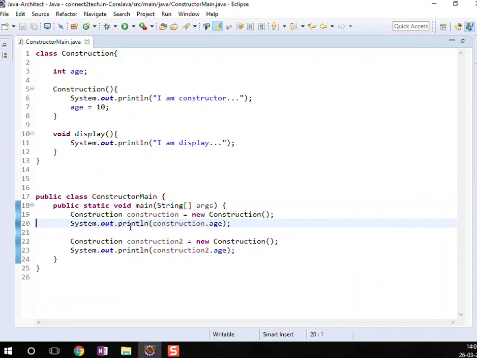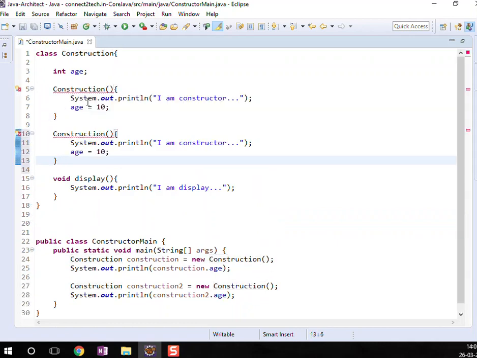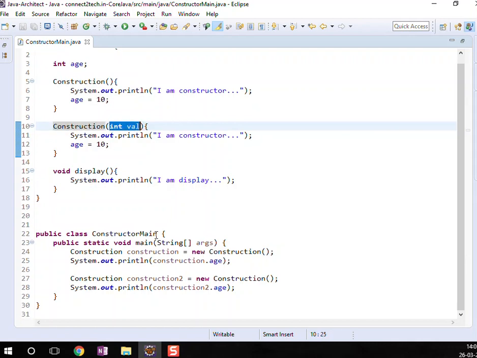So when is creation happening? When you say new of that class, right? So you can define one more constructor. I'll copy this and paste this and I'll pass some value here as int val. So if you see, this is the same constructor with an argument here, right? So this time I can call a